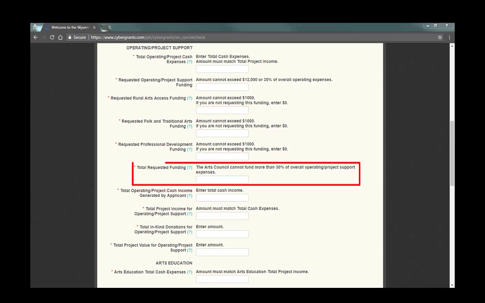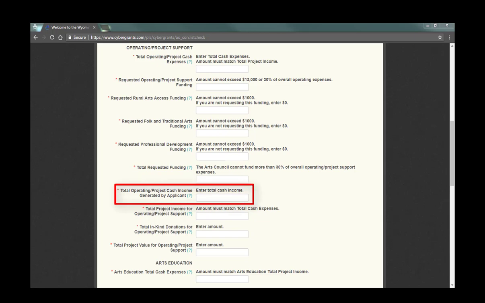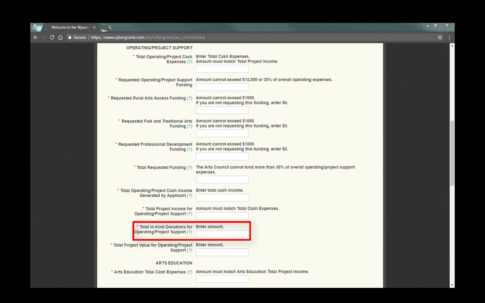You will reference the Total Requested Funding field when adding totals at the bottom of the budget, so remember this amount for later. Cash income provided by the applicant can include ticket sales, sponsorships, grants from outside the Wyoming Arts Council, cash donations, or your organization's savings. In-kind donations are anything that your organization does not have to pay cash for, such as contributions of goods, facilities,